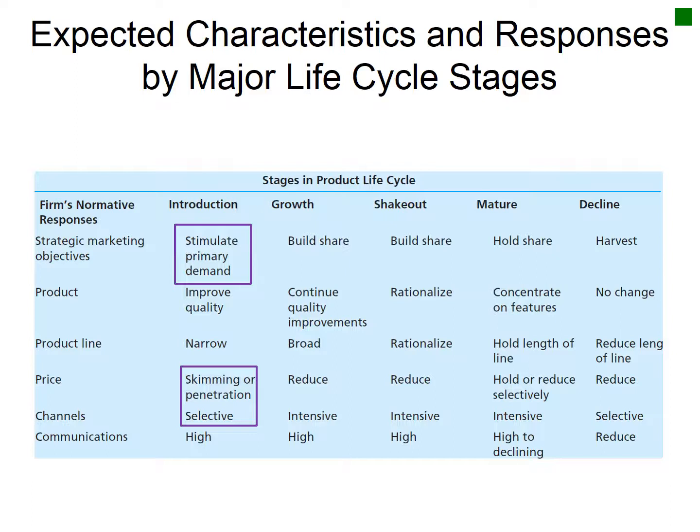Then the other thing is, since it's a new market, since it's a new product, we're probably going to be fairly selective in where we place the product. So in other words, the product doesn't have to be everywhere. It will probably be in limited locations, because our distribution networks don't suggest a need for a real intensive distribution strategy. So we'll probably take the product to a few select locations to sell, and then we'll increase that as the product life cycle carries on over time.